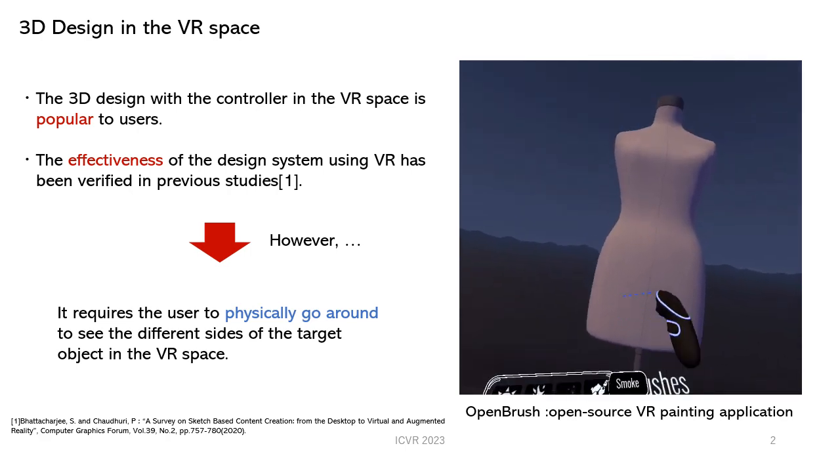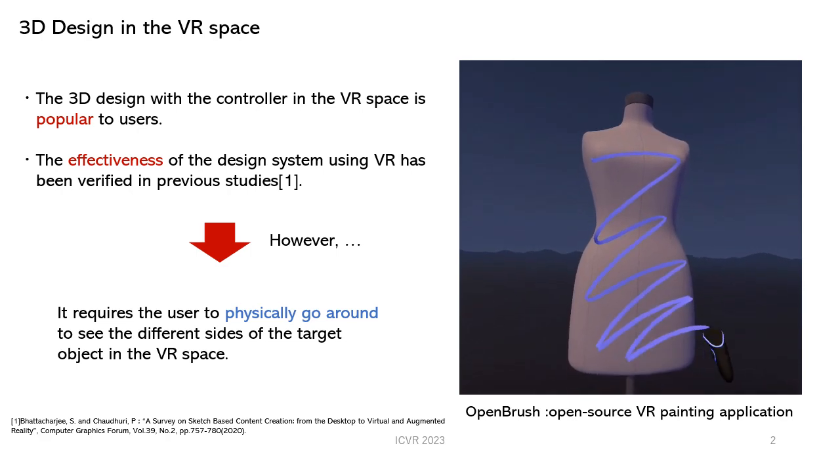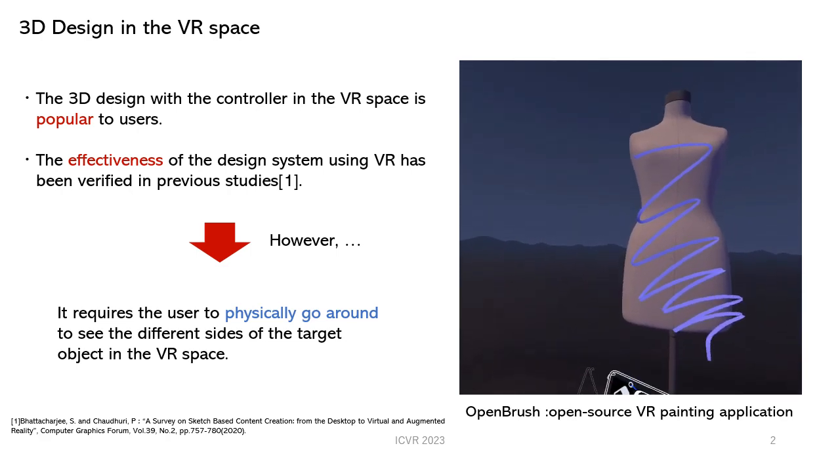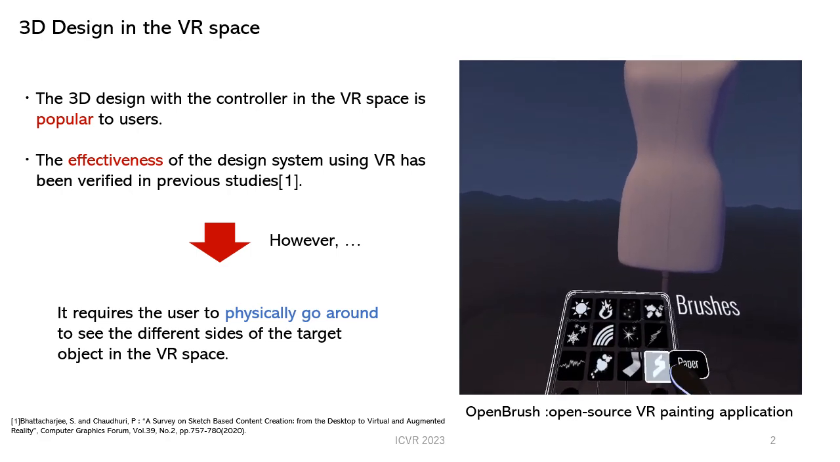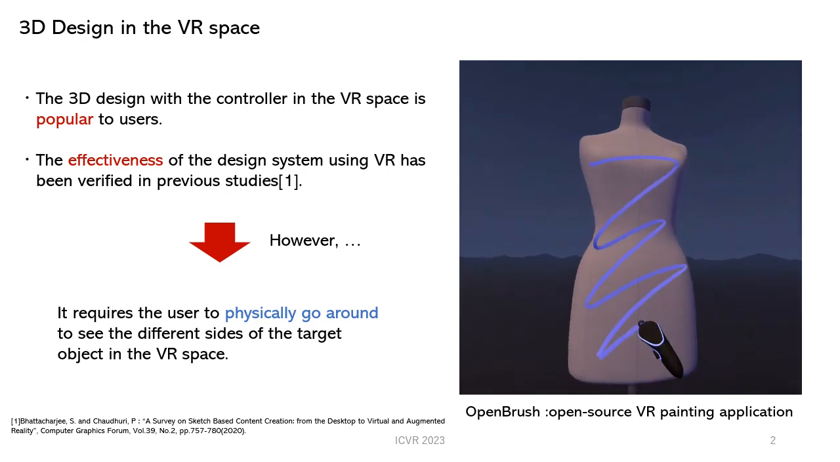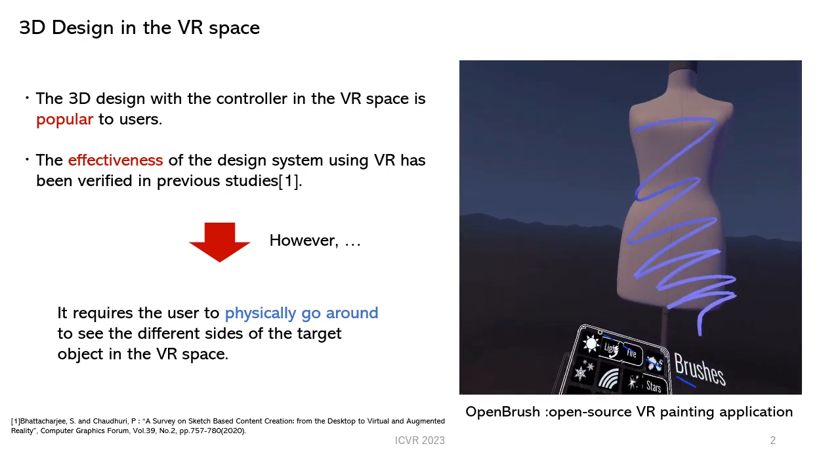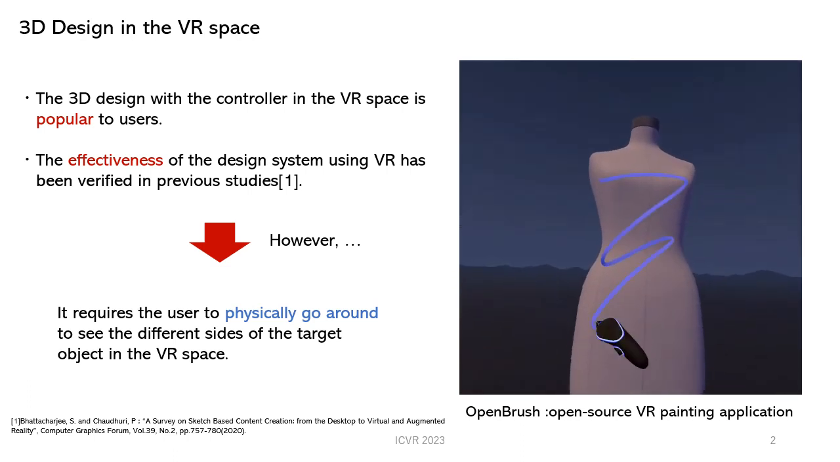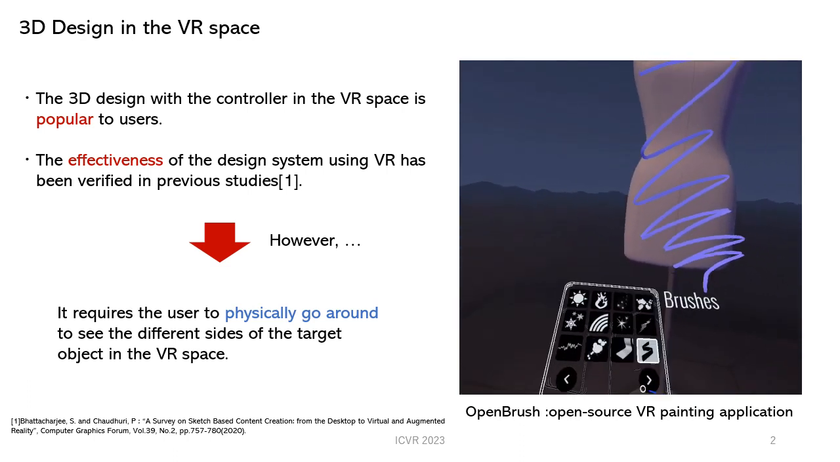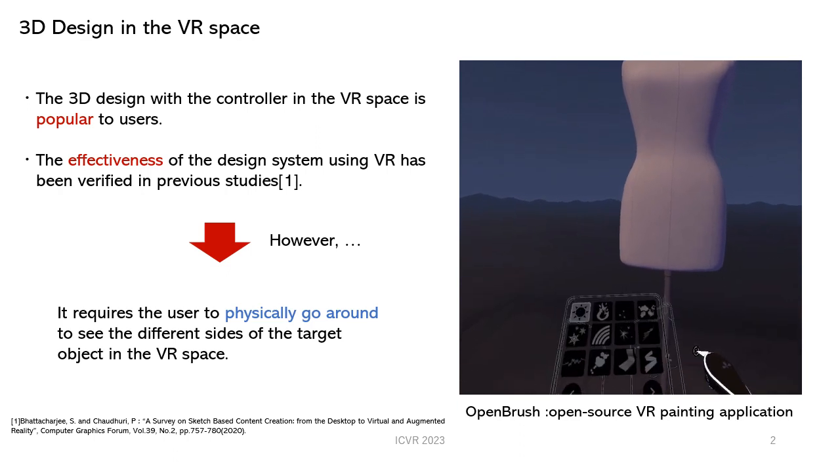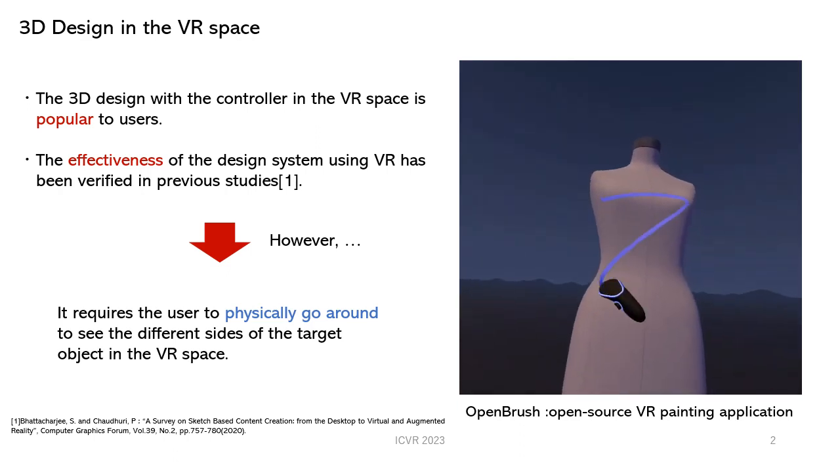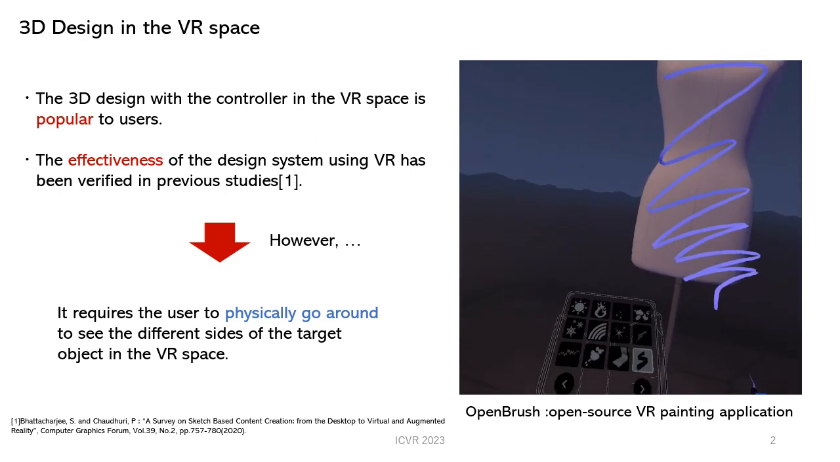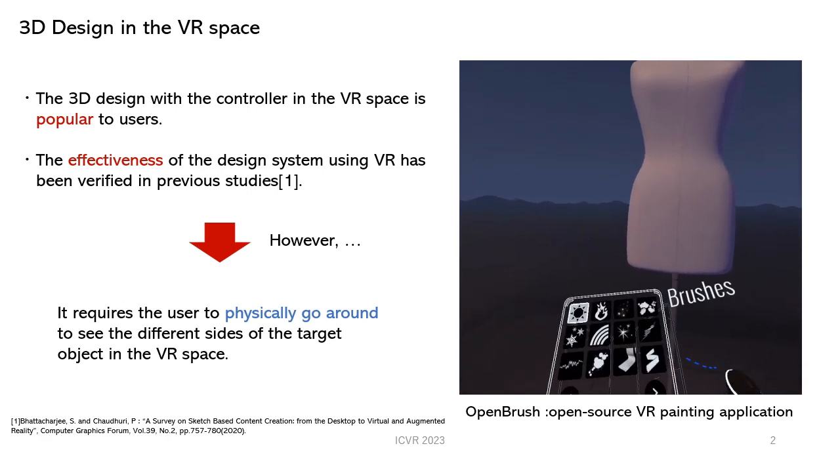For example, OpenBrush, a free open-source VR painting application, usually requires the user to physically go around to see the different size of the target object in the VR space. In addition, the design tasks also require great effort such as repeatedly adjusting the object scale to grasp the entire